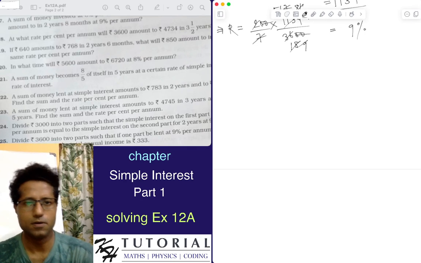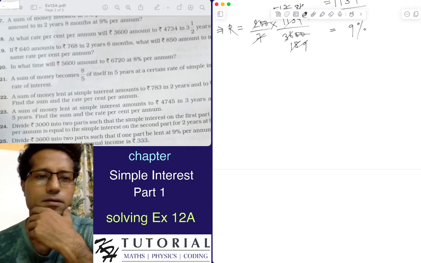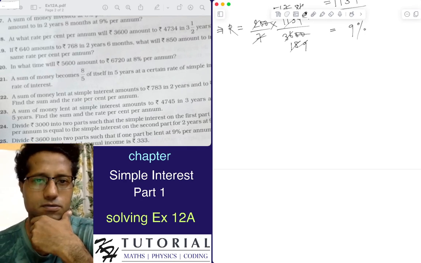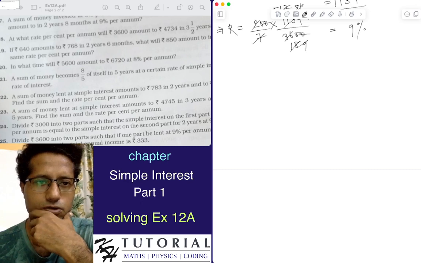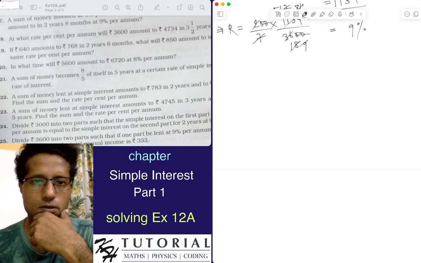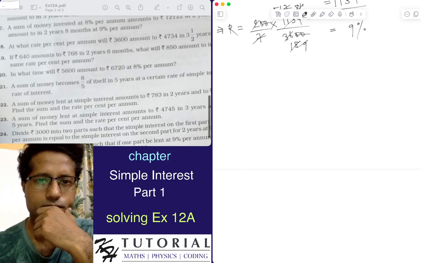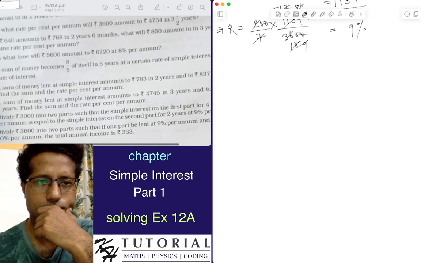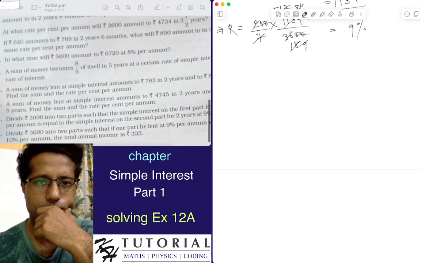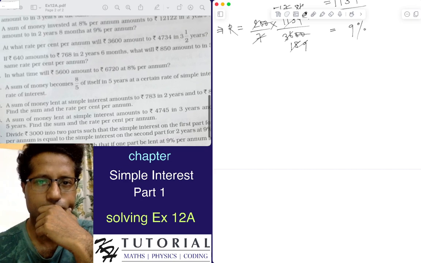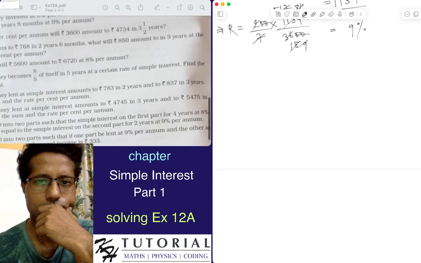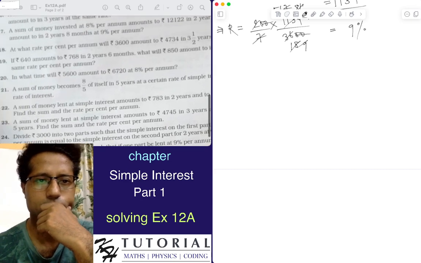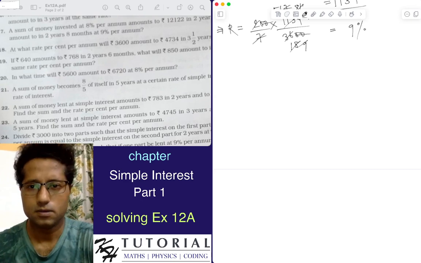Rupees 640 amounts to rupees 768 in 2 years 6 months. Then the rate is not given. Then what will 850 amount to in 3 years at the same rate percent per annum? Okay, now